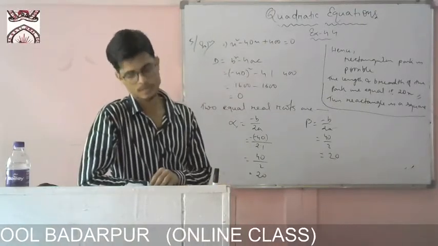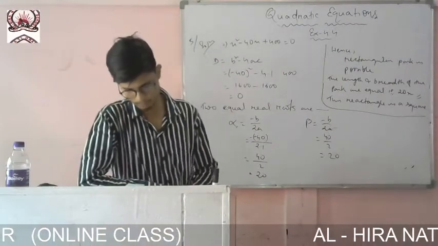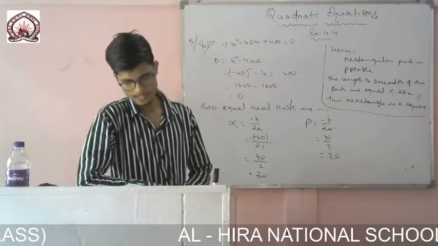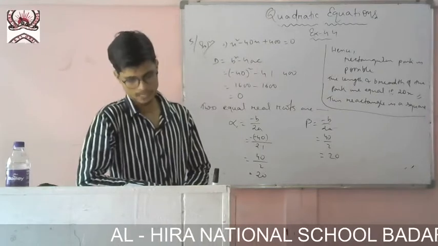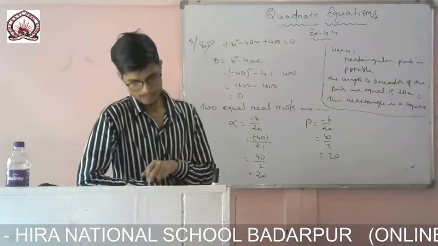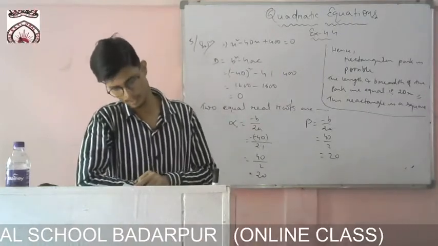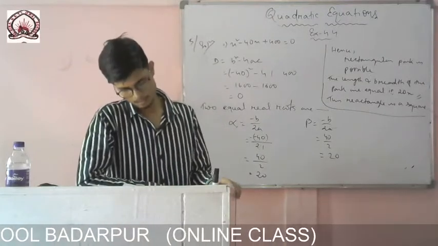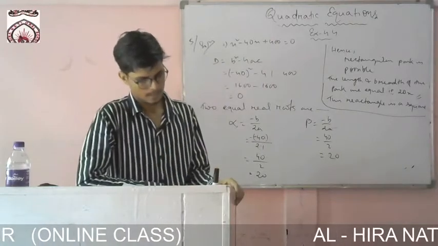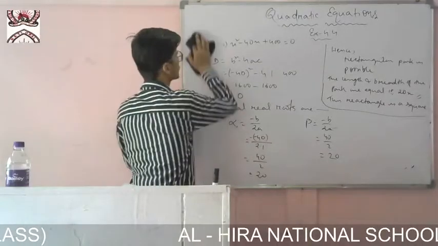Now you see, only one or two examples are left in the exercise. Example number 18, page number 115: find the discriminant, that is b square minus 4ac. Very easily you can find it from the equation. If the roots are real, then you have to find them. Here the discriminant came 0. If it is 0, that means both the roots are equal. So the equal roots came 1 by 3. Very easy sum.